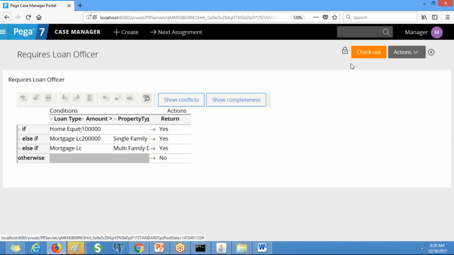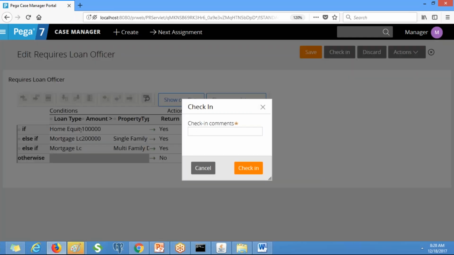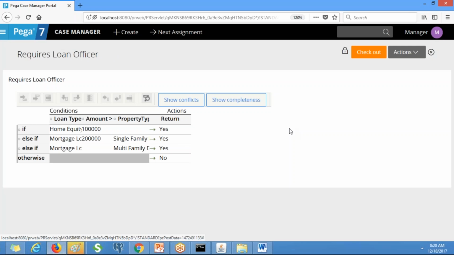That means the manager operator can work on this rule. If we want to modify something, he will check out, make some changes, and again he has to check in, so that it will be updated in the production environment.